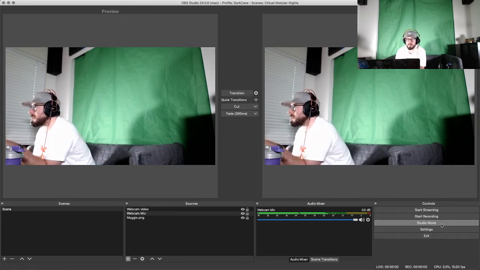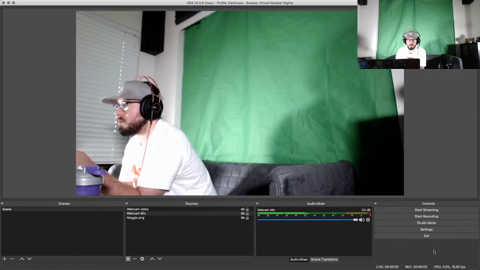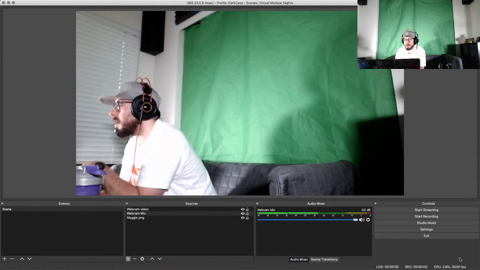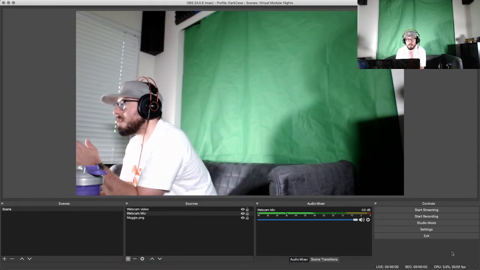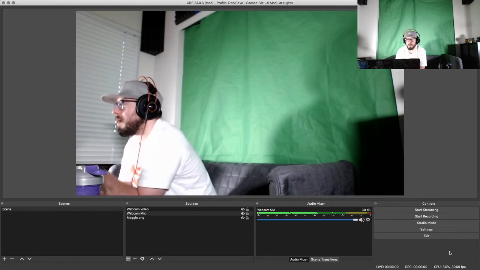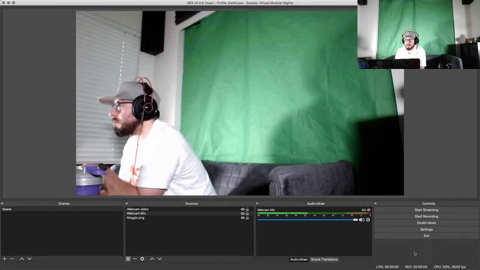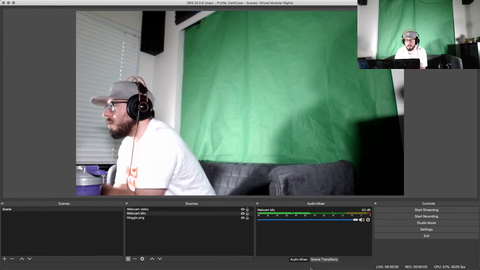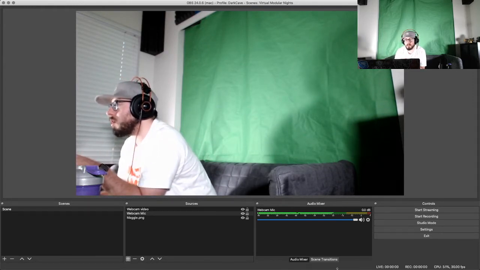So if that's impacting your machine, you can always untoggle studio mode after you've made that change, and you should see your CPU. If I was streaming here, you'd see these frames per second, maybe slightly varying a little bit. That should stabilize your machine there as well. And then you don't see right now down here because we're not live, but we'll also show you the drop